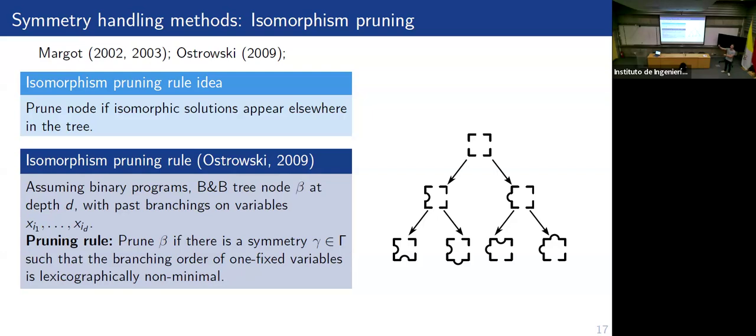He gives that label 1, and the variable that you branch on next gives it label 2, and so forth. And then he looks at a branch and boundary node. He says, what are the labels that are fixed to 1 by branching? In this case, that's only this guy. And is there a symmetry that turns these labels into labels that are setwise lexicographically small?